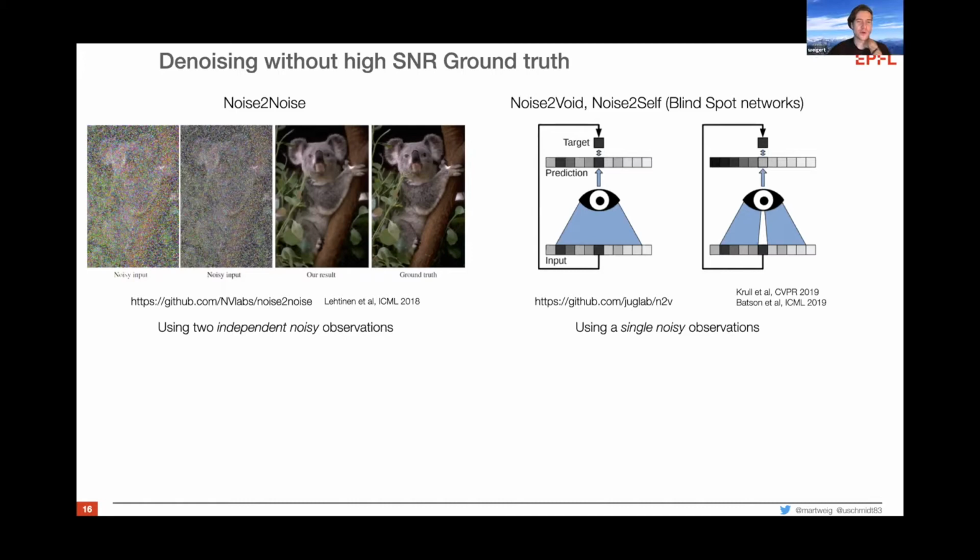Okay, so if you don't have this ground truth, right? In most cases, you actually don't have that because you want to denoise images you already acquired, or your sample just doesn't allow you to acquire paired images. There are actually two interesting approaches that popped up in the last 2 years that get around this constraint, right? The first is called Noise2Noise, and that is using two noisy images of the same scene. So you have the same object, the same sample, and you acquire quick images that are very noisy with very low exposure, for instance, quickly in succession, such that they show the same scene,